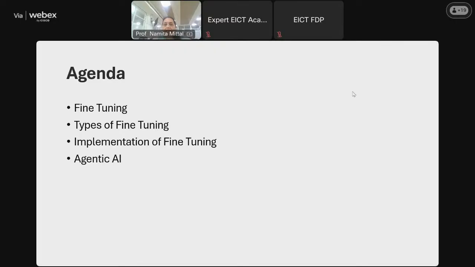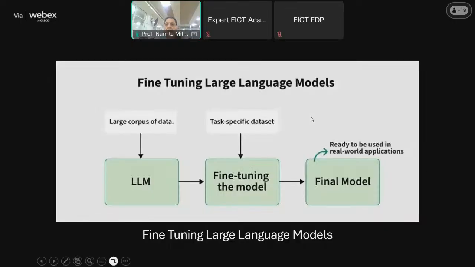The agenda of today's lecture is fine-tuning. What are the different types of fine-tuning? How do we implement fine-tuning? And apart from that, we'll take agentic AI with some of the questions, right? So as we can understand that